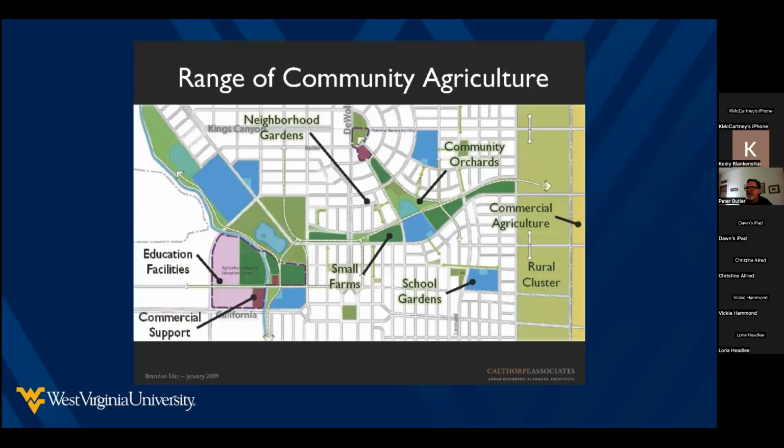So when we look at a community scale plan, there are a lot of identified opportunities for food production. This is just a diagram showing those opportunities, most of the opportunities. There are still others, though, of course. But thinking about if we're looking at a community-wide plan, where we can fit food production into that plan for success.